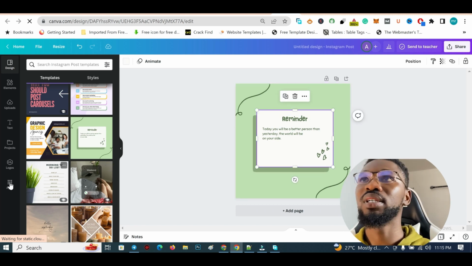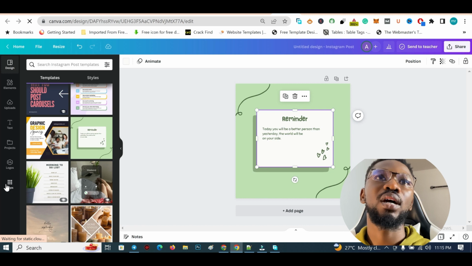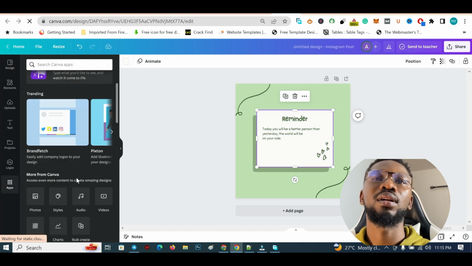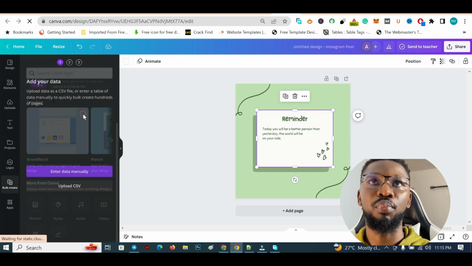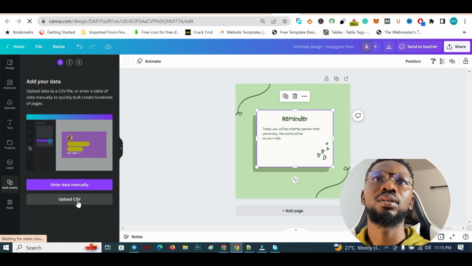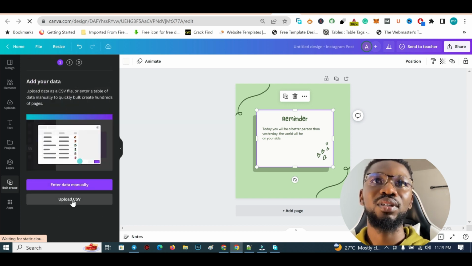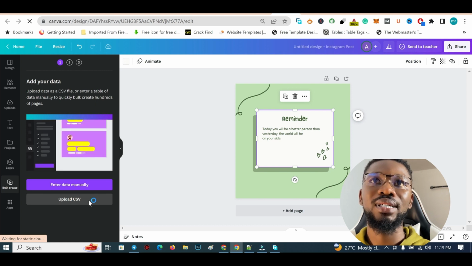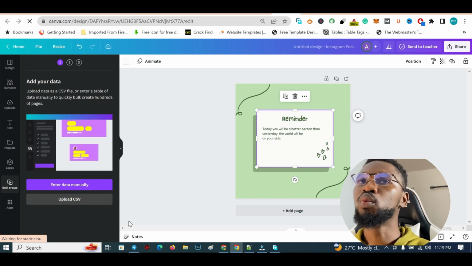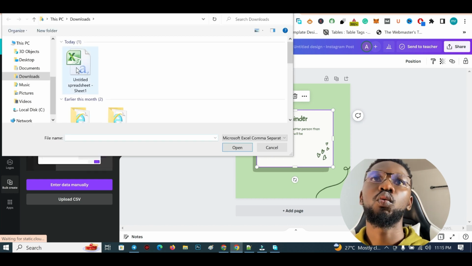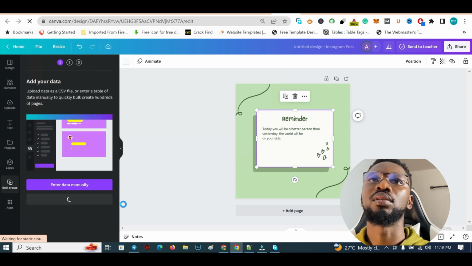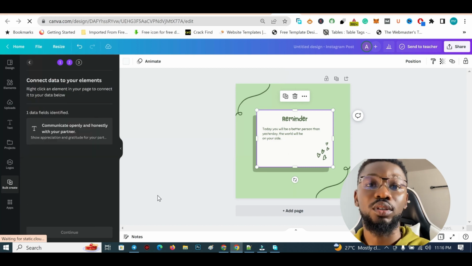So what we'll be doing now is you scroll down here and you see apps, click on apps. Once you click on that, scroll down a bit, you would see bulk create. Click on bulk create, and right now you can make use of upload CSV. You would not see this on the free version. So once you click upload, then you would select the one you downloaded as CSV